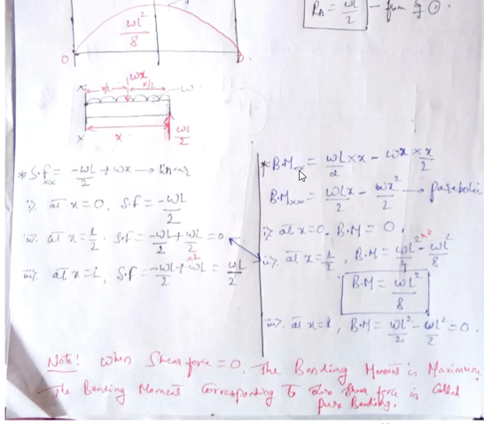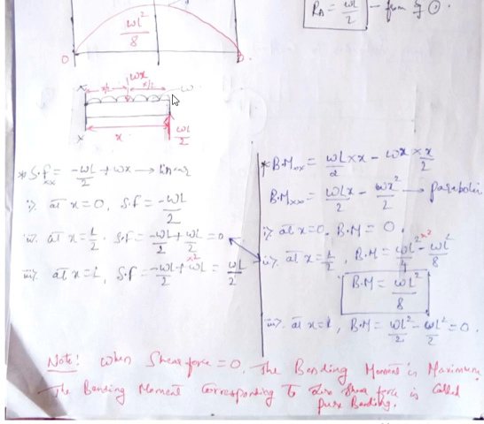Bending moment at x is equal to, come from right. There is a force WL by 2 and the perpendicular distance between the section and the force is x. So this force is trying to lift the beam upward. When it lifts the beam upward, the sign convention is positive, so it is plus WL by 2 into x. Here I am representing it as plus WL by 2 into x.